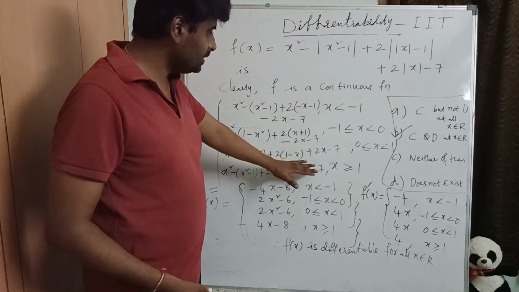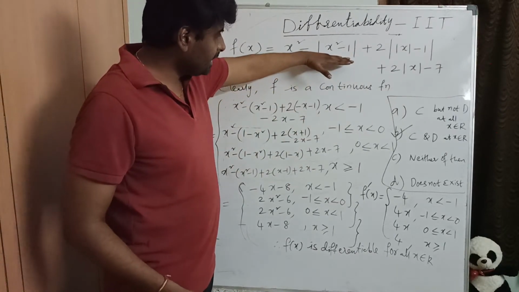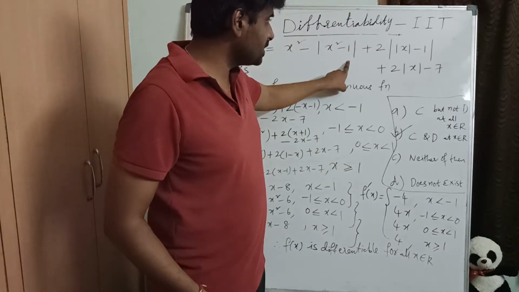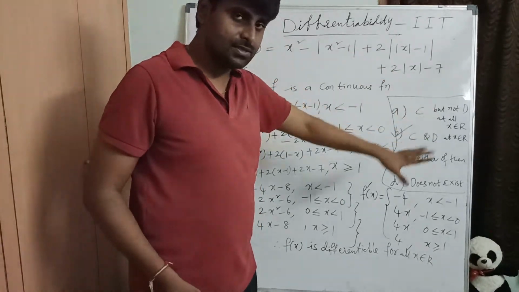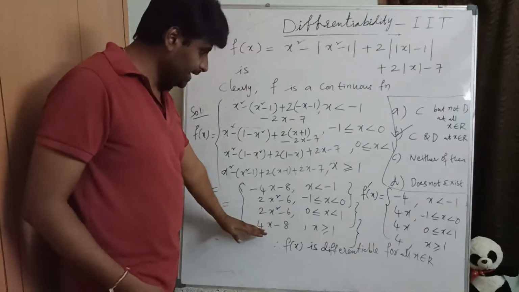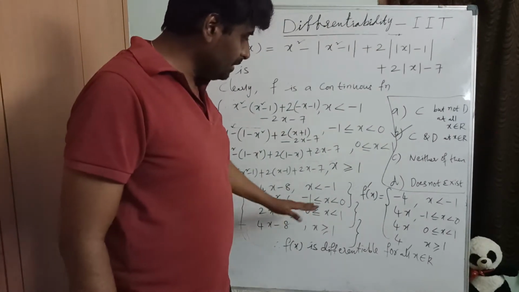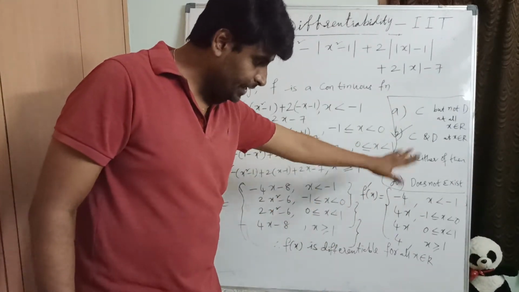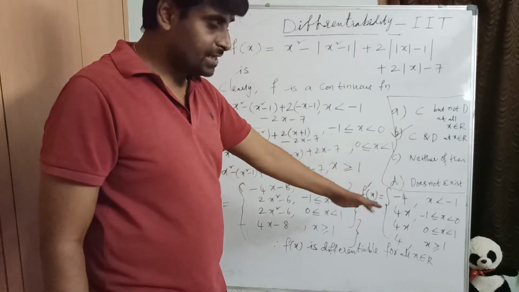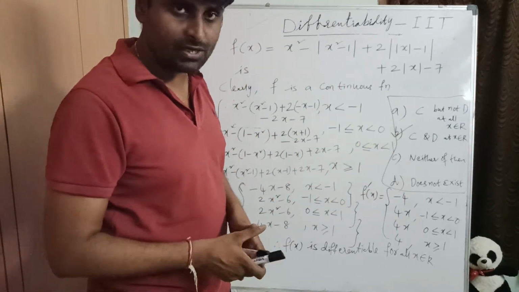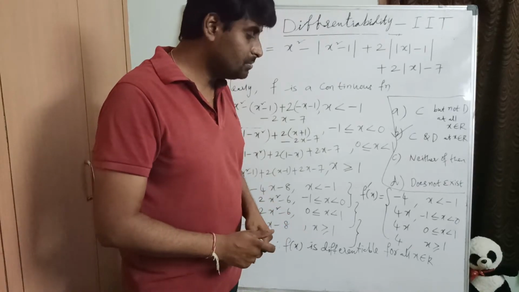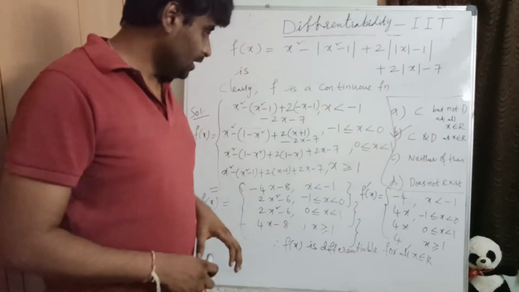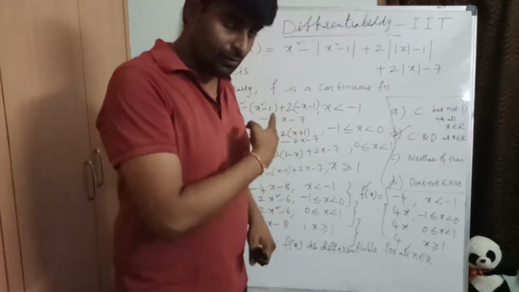It's very easy actually. In case of modulus function only, we have to write the function properly. Modulus of x square minus 1, modulus of x minus 1, modulus of x. Okay. After simplifying only we'll be able to derivate each and every function at those limits. Now finally we are going to substitute the values and check whether LHD equal to RHD or not. Left hand derivative equals to right hand derivative. We are going to check. Clear? Hope you have understood. Make a note of it.